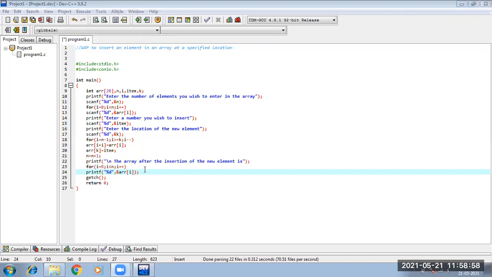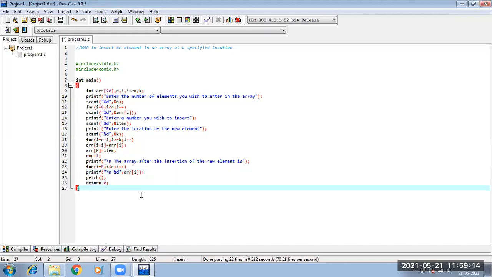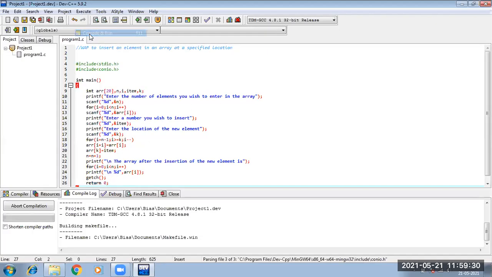Achha, so this will show my array. Now let us see that I just want to show each and every element in this one. So this will be my array, right? So what have I done? I have done nothing extra. Whatever algorithm we just studied, I have just implemented in C language. This is the way we implement algorithms. The same logic we do. Okay, there is nothing rocket science in that.